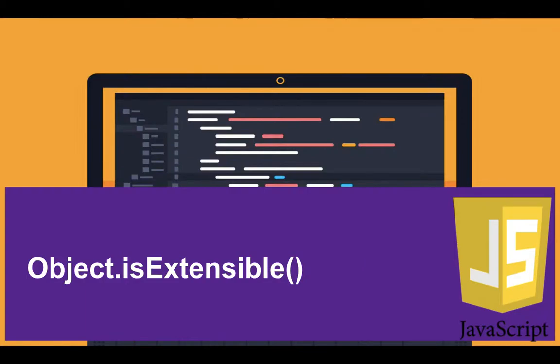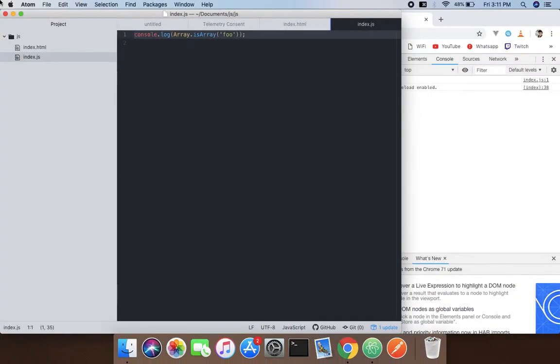Assad here, and you're gonna learn about isExtensible in the Object constructor. So, what this method does is it determines whether an object is extensible or not. That means whether we can add new properties to it or not. So, now what we're gonna do is create